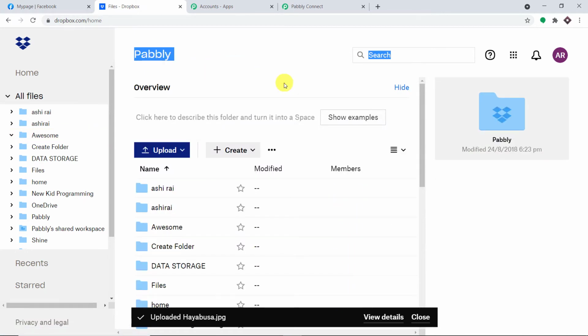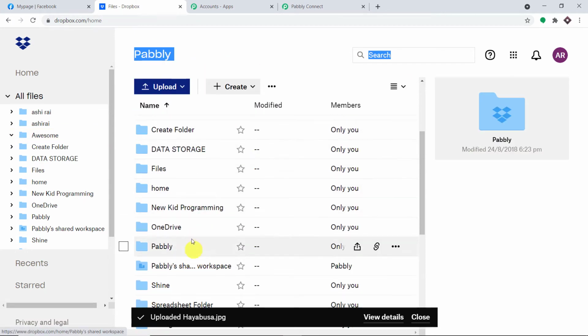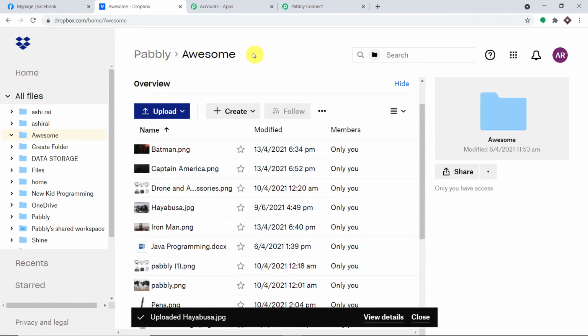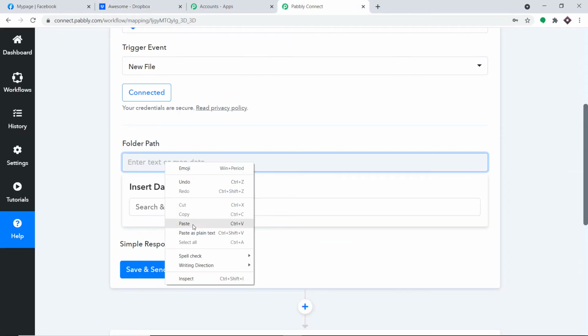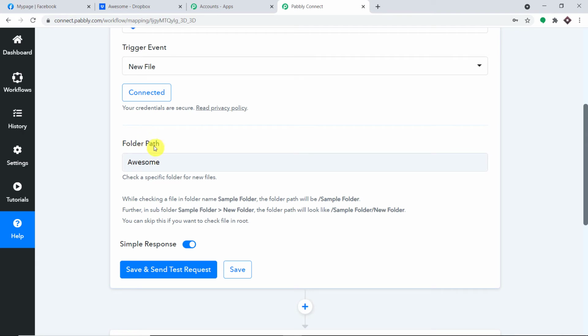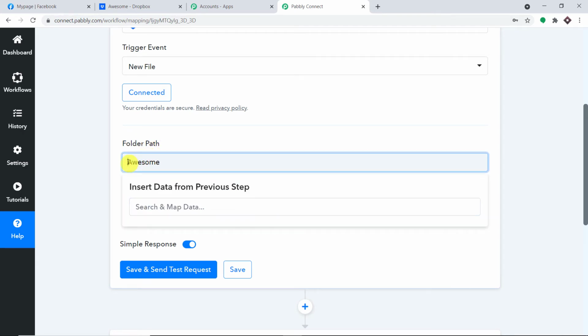So we do have a ton of folders, okay, so these are all the folders. Now let me just upload again in the same folder, no particular reason, I just love this folder. So we have to mention this folder. What I'm going to do here is copy this and paste it here. So this is basically the folder name, not the folder path. We basically want the folder path. So this is how you generate a folder path.